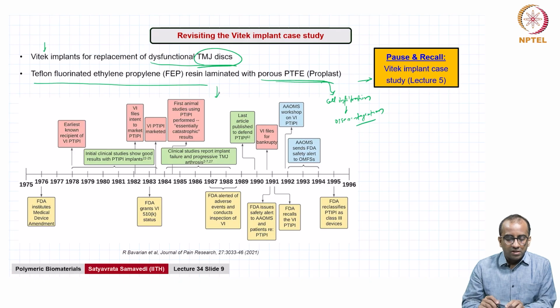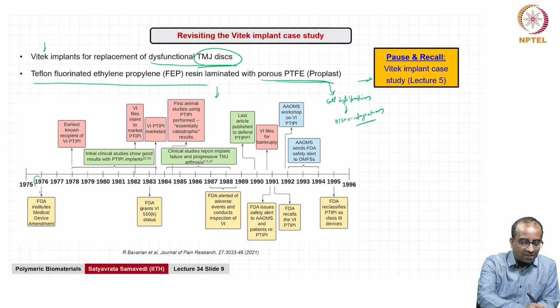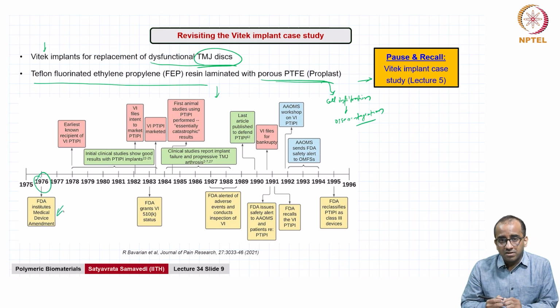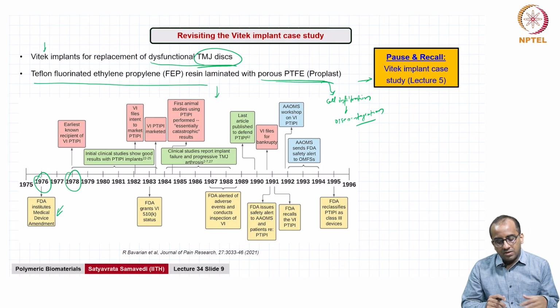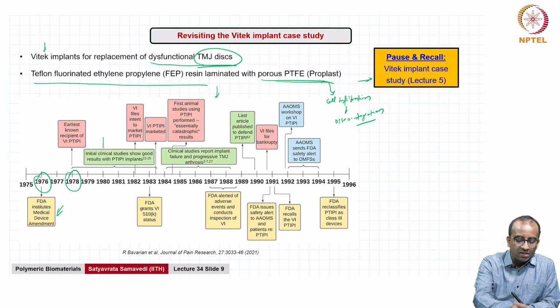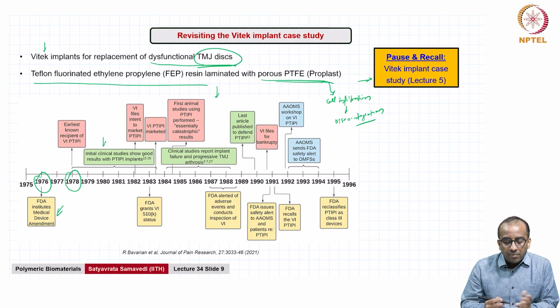What we also want to note here is how did this get approved at all in the first place, right? So you see that in 1976 the FDA institutes the Medical Device Amendment Act that I talked about in the previous slide, and in 1978 is the earliest known recipient of this Vitek implant device. And you notice that when they first started using it, especially with initial clinical studies,